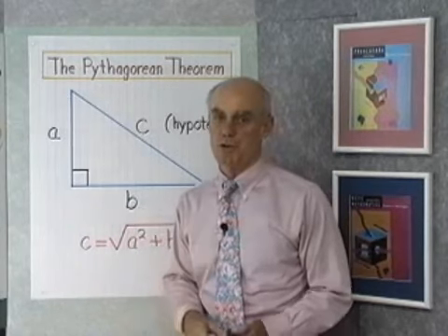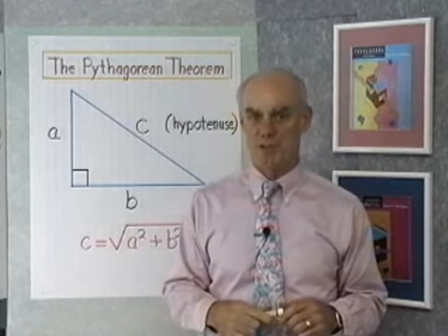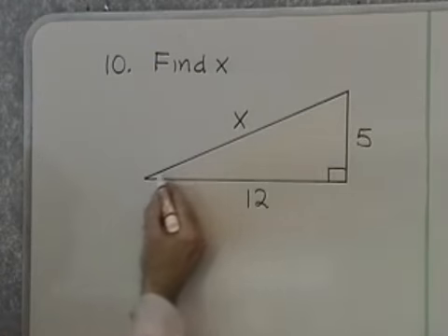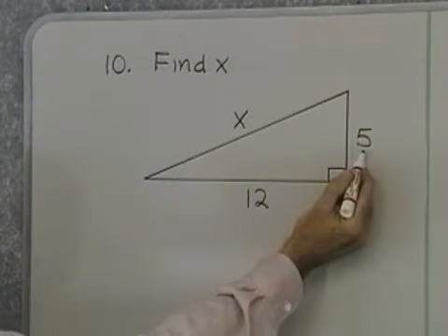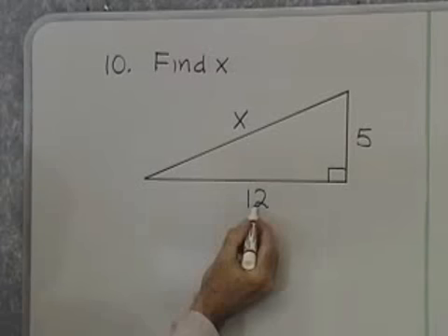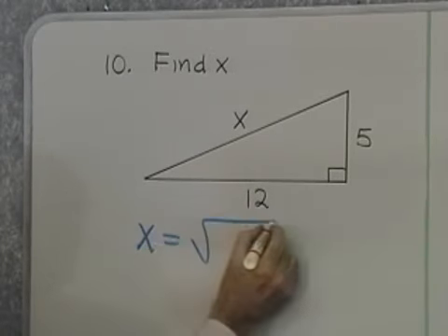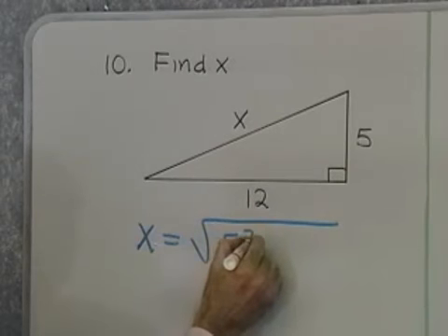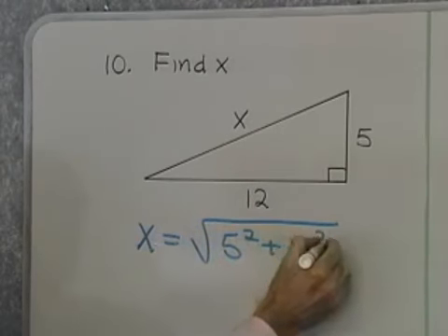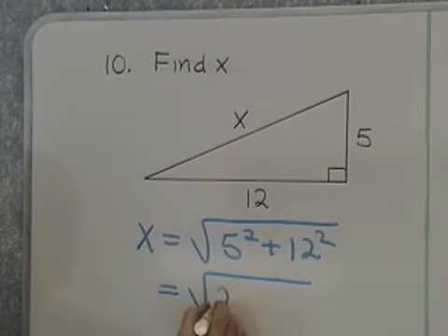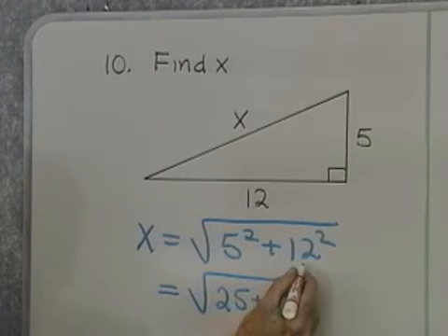So what we want to do is go to the board and work a problem that involves one of these right triangles. So I've written down here, find x, and I have a right triangle in which the hypotenuse I've labeled with x, one side is 5 and the other side is 12. Well, by the Pythagorean theorem, I know that x is equal to the square root of 5 squared plus 12 squared. That will be the square root of 5 squared is 25, plus 12 squared is